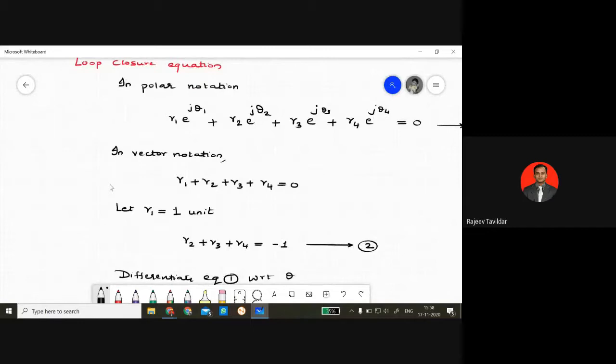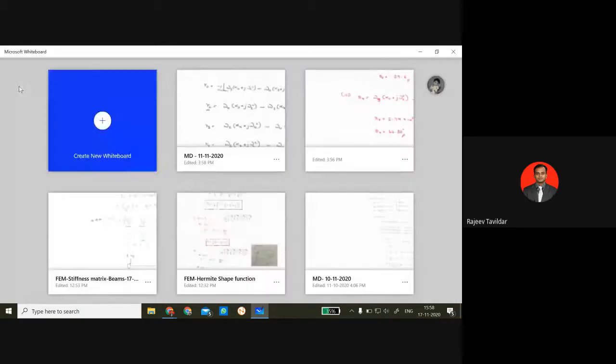We have this equation in vector notation. In this equation, we substituted the value of R1 as 1 unit and then proceeded with the calculations. Remember, this 1 unit is taken just to make the derivation easy, but I will stick to the equation just before this assumption, so that we are not dealing with any sort of assumption here. I'll use this above equation in the existing problem and see how to go ahead and solve this.